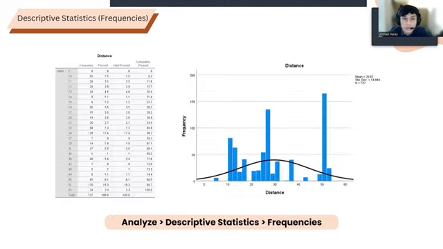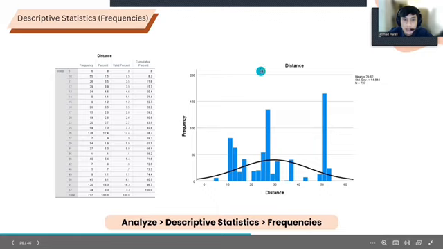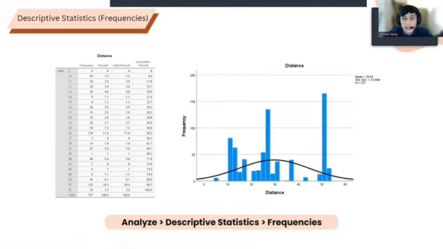So next, we also have descriptive statistic in frequency. How we do it is, in the above tools, we use analyze and descriptive statistic, but we change to frequencies. So we also can get a frequency for distance here. It's more specific in the frequency. We can know the percent, the valid percent, and the cumulative percent. So this is the result. We can also see the mean 29.62 and the standard deviation is 14.844, and the total number of the data is 737.